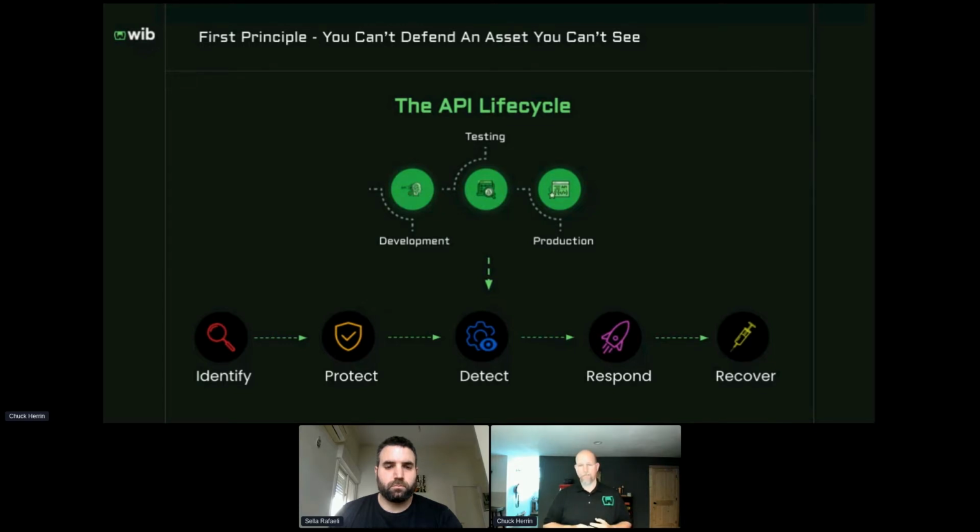Fundamentally, if you don't have your assets identified, if you have blind spots, you can't protect, detect, respond, or recover those assets or attacks against them. So Wib, our approach in bringing this suite to market is we start with identification. We start with a really concerted effort to close blind spots from as many vantage points as possible in an organization. And it turns out that it really takes a comprehensive approach to do that, because you may have API